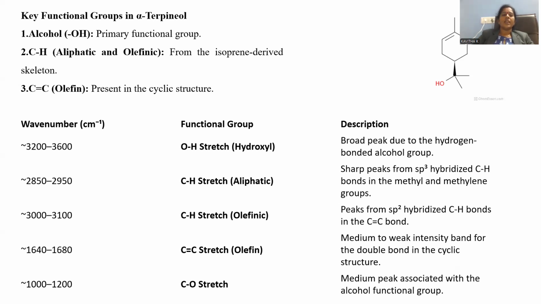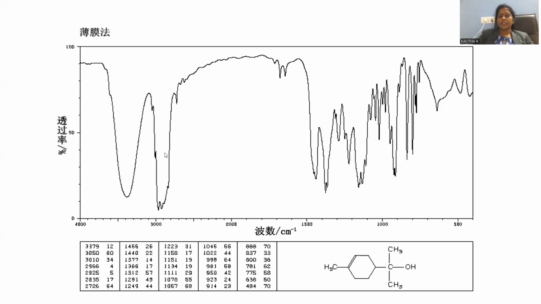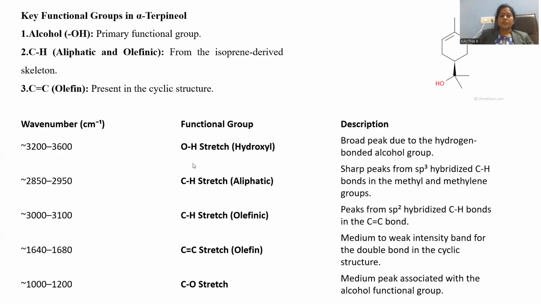the IR spectrum. The peak positions are also mentioned there, as wave number measured in inverse centimeters, and the corresponding functional groups are also mentioned here, along with what kind of signal and what kind of peak, in tabular form. Whenever a peak is observed at 3,200 to 3,600 cm⁻¹, that is clearly mentioned in this spectral graph. That peak corresponds to the OH stretching. This is the characteristic peak for the hydroxyl functional group.